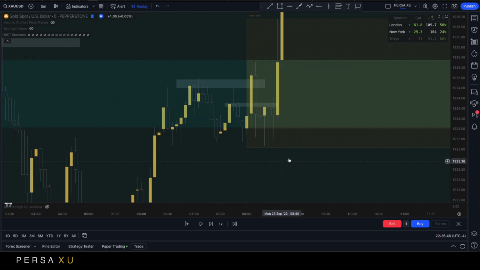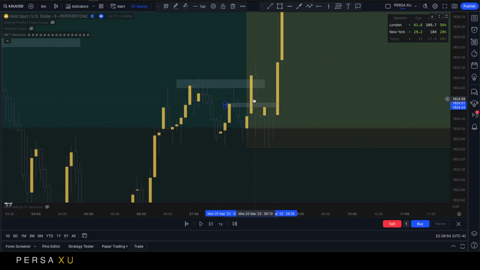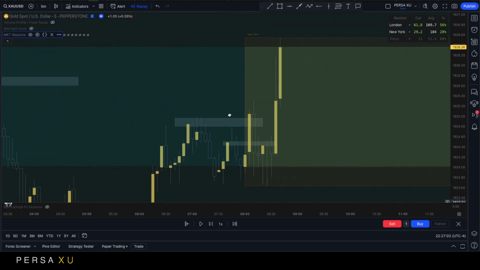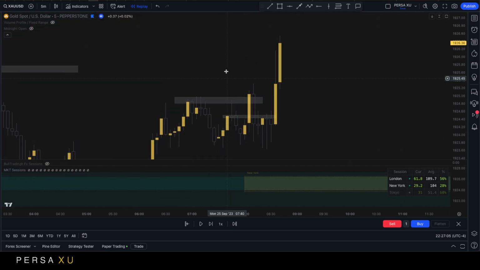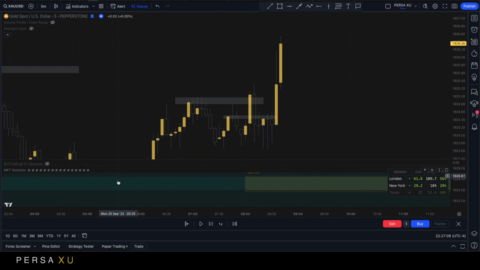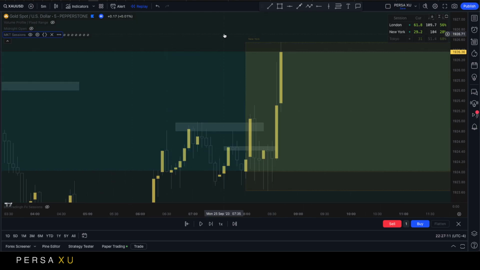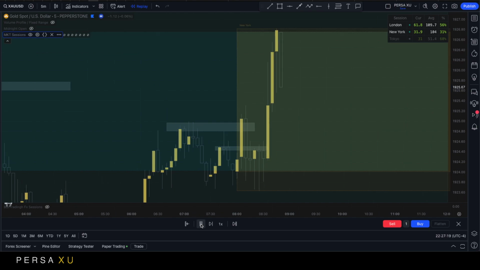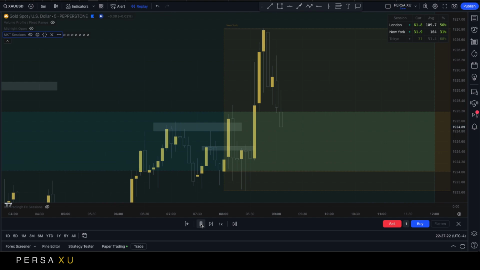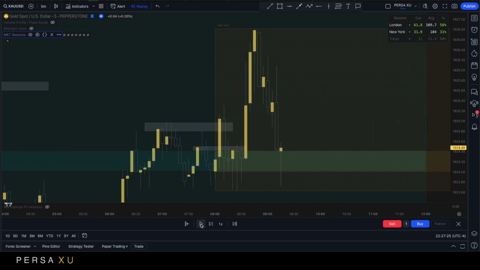Okay, I tried to pause it before, but if we were doing this live, it didn't do so here. But what are we seeing? Wick, wick, wick, wick. And we finally got that push we were expecting. Oh, that's interesting. There you go. Finally got that push that we were expecting to retest London high. Came back down straight away. Straight away came back down. Look at that. You see?